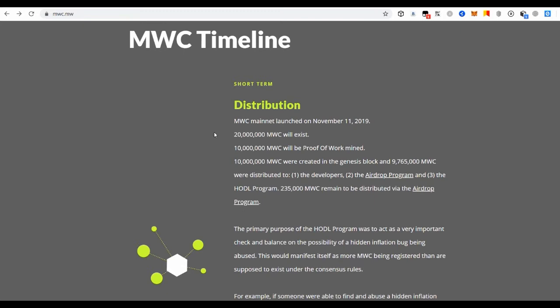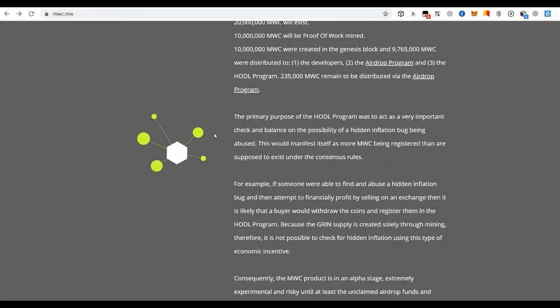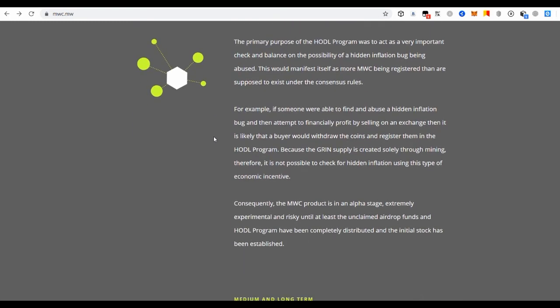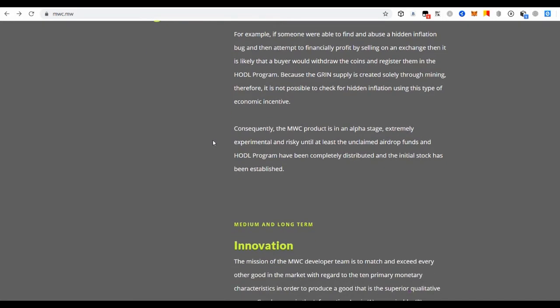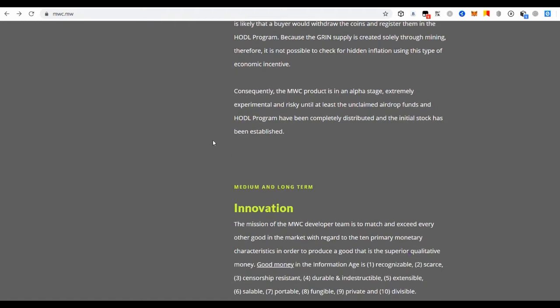When comparing with other privacy coins, scalability must be taken into account. Privacy in MimbleWimble has two main aspects. One, there are no addresses. Two, all amounts are encrypted. To briefly understand how privacy works in